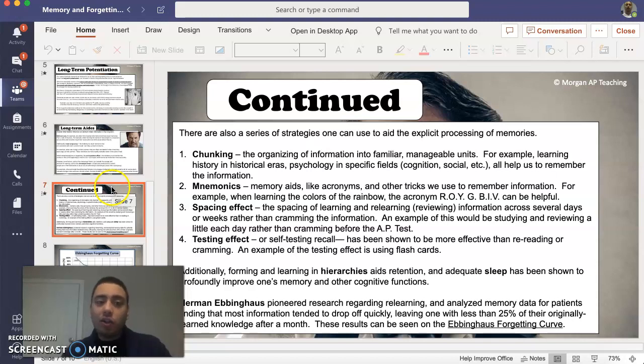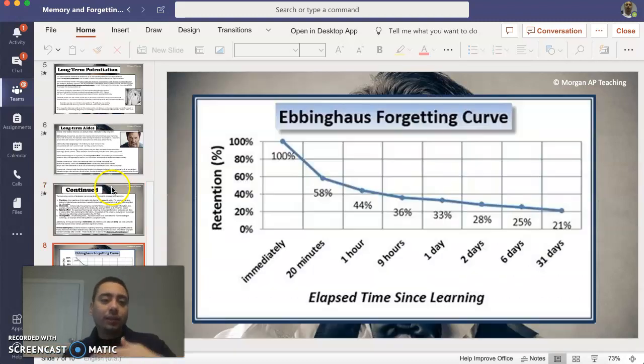Now, there are several ways to remember things. We did talk about it: chunking, mnemonics, spacing effect, testing effect. Chunking is just like a phone number. You chunk in that way to remember easily. Mnemonic is a memory aid like an acronym, like ROGBIB. The spacing effect is just spacing information you need to learn, and the testing effect is testing yourself whenever you should learn or have mastered something. Now remember, anything that you cover, you will forget, so you need to keep uncovering